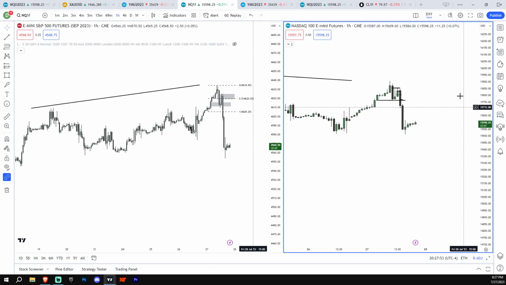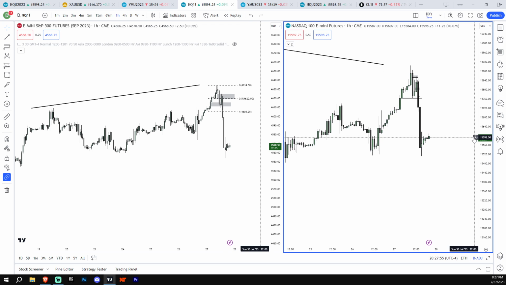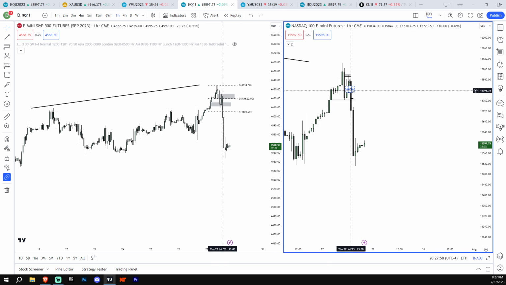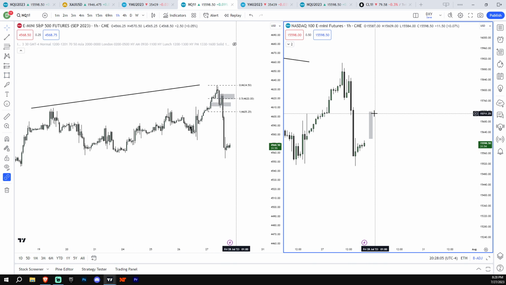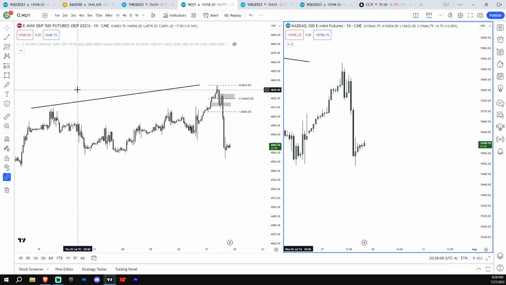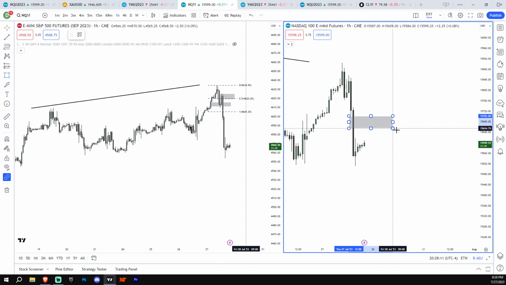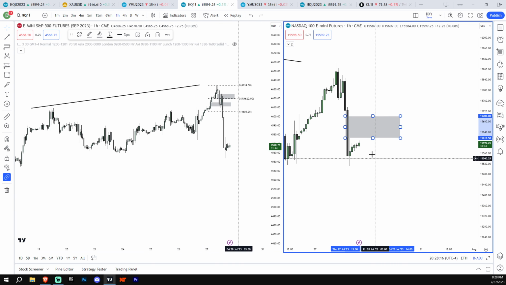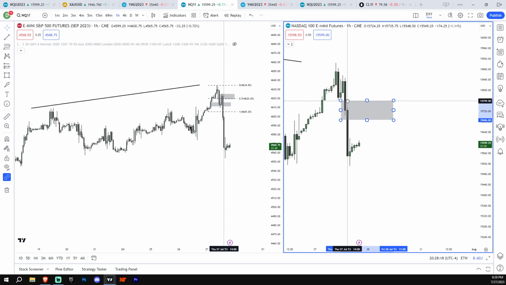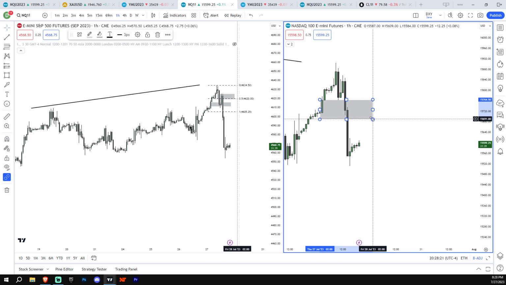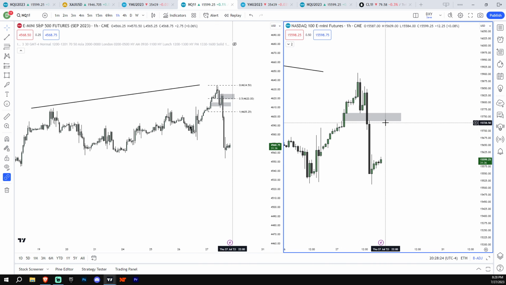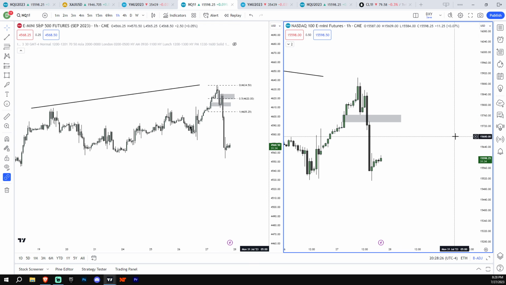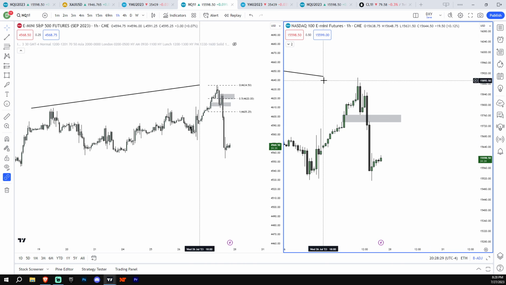So really tomorrow, I know it's been a buy-the-dip theme, but tomorrow I am not looking to long too long. I might scalp long for a pullback if we go back up here, but I'm not going to hold it that long because, with the SMT and this fair value gap right here, I think it's going to be a better idea to look for a short. I don't know which we're going to reject. We could go all the way up to inverse this BPR, so we could go all the way up to here. But this is when I watch the lower time frame and look for a confirmation setup.